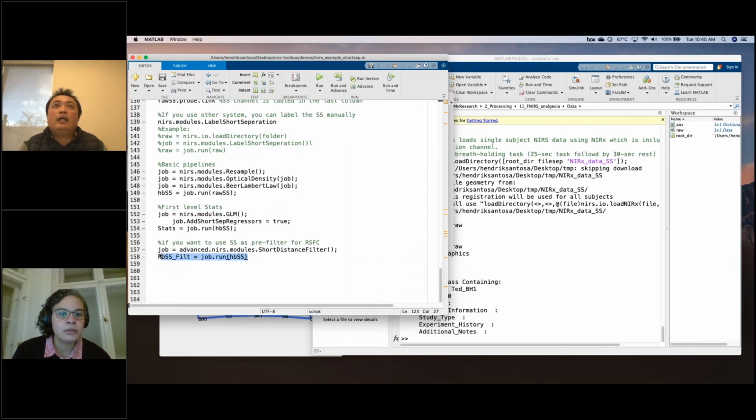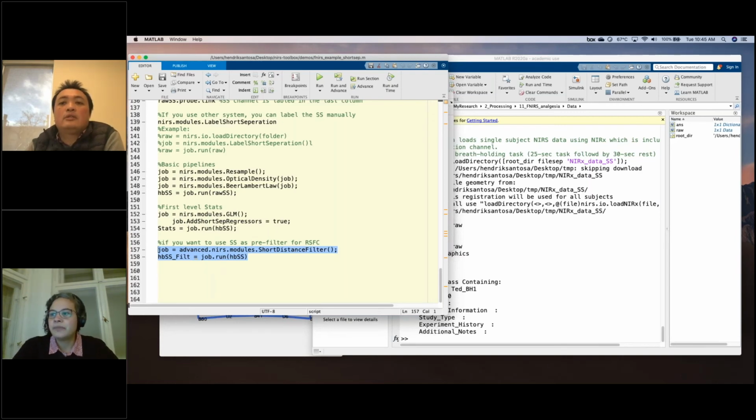For resting state data you cannot do the GLM, so you can use this as a pre-filter. Exactly. Ted put that one in advanced.NIRS. Usually we use NIRS.modules, but Ted put that one in the advanced folder. And this is also the one you used for the paper, right, to do the filtering? Okay.